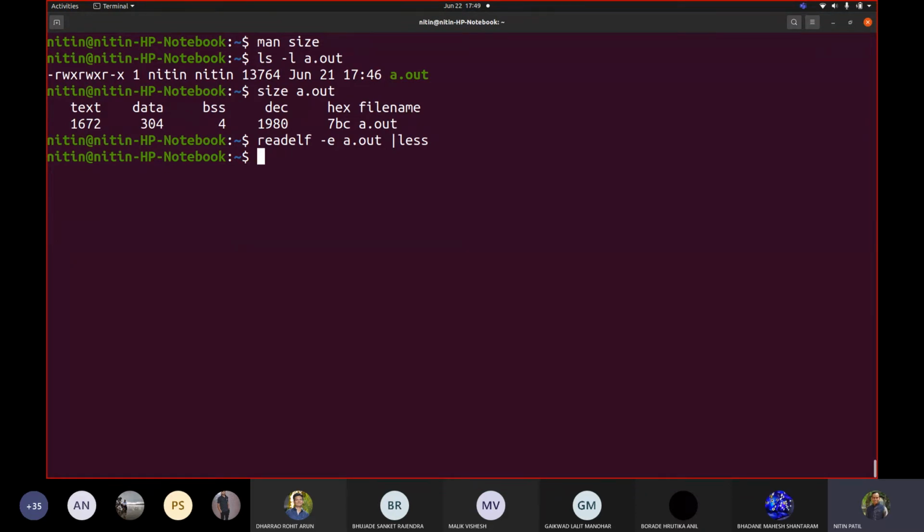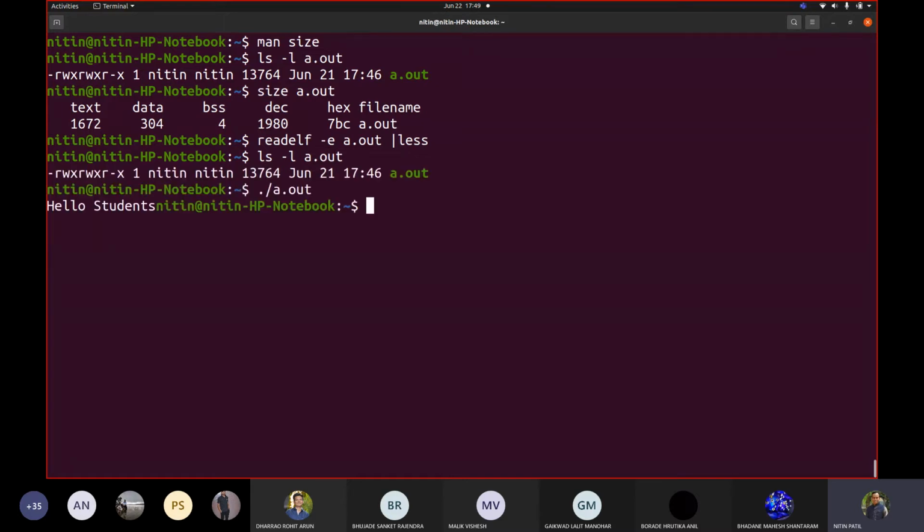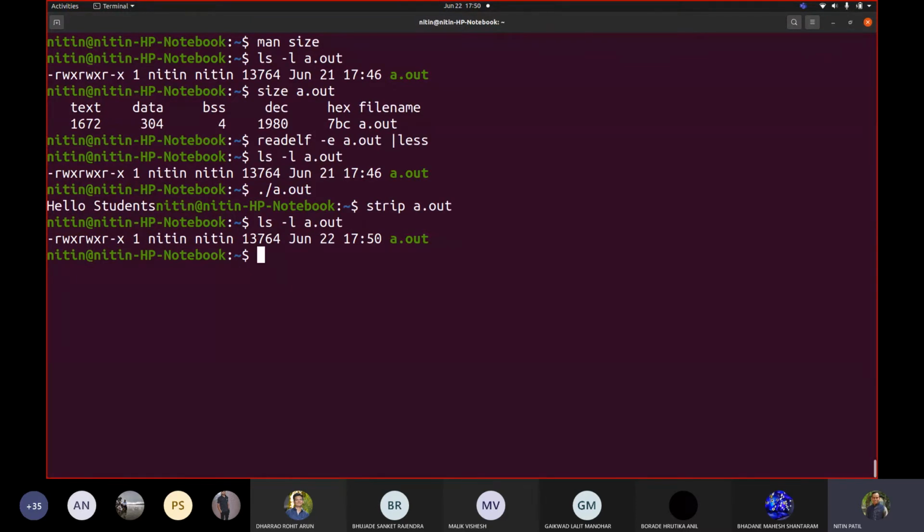Now, are they really useful? Say for example, yesterday, towards the end of the session, I was talking about the size of the file, and then I executed the code. It was executing. Then I cut down the file. Can you recall how I cut down the contents? I used the strip command. I wrote strip a.out, and then again ls a.out. The file size seems to be the same in this case because nothing great happened there.